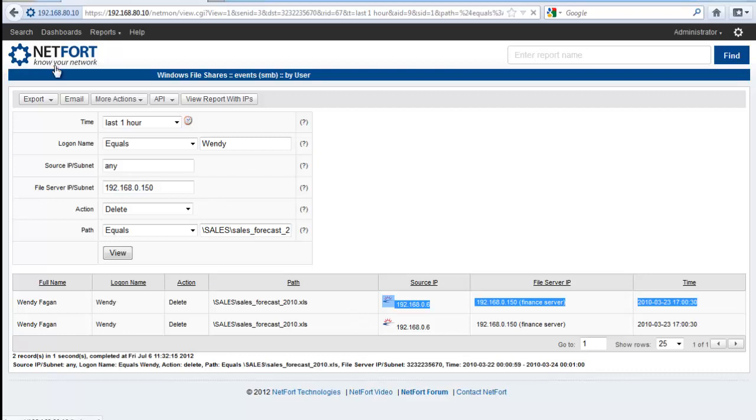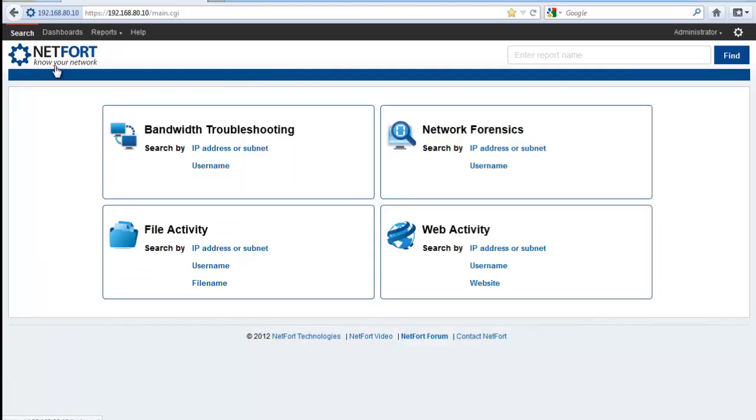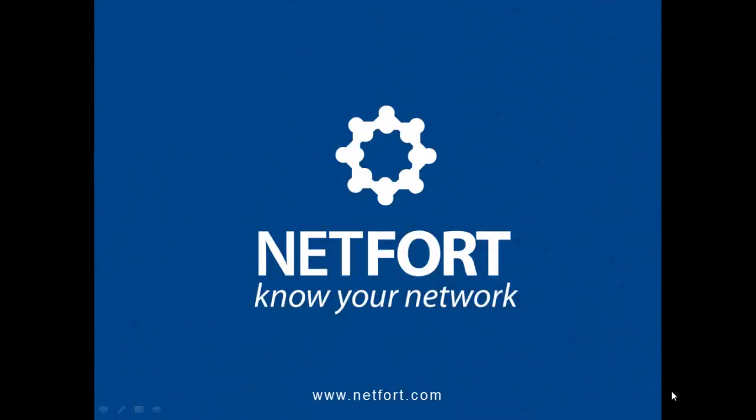So there are three quick examples of the way you can use LAN Guardian for monitoring privileged users on your network. If you want to find out more information about the Netfort LAN Guardian, or how you can use it for monitoring privileged users on your network, please visit our website